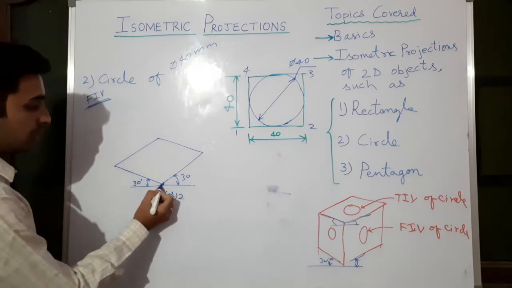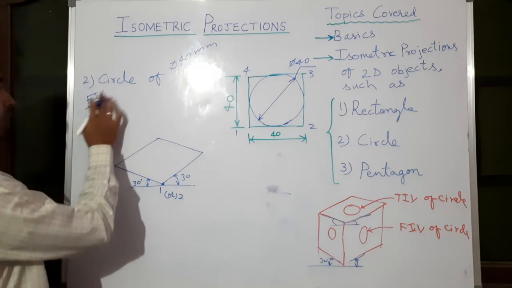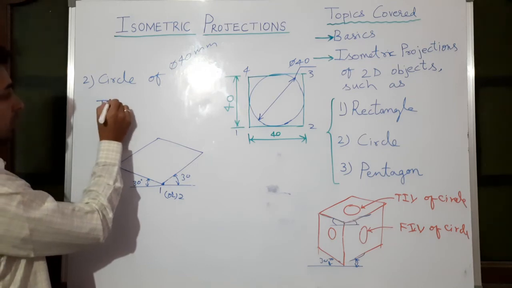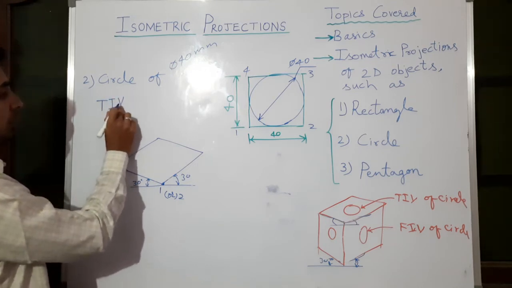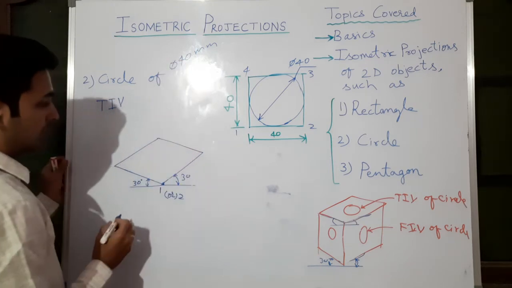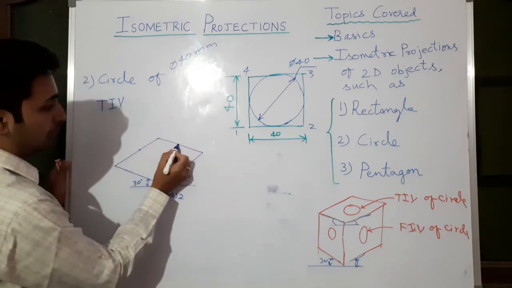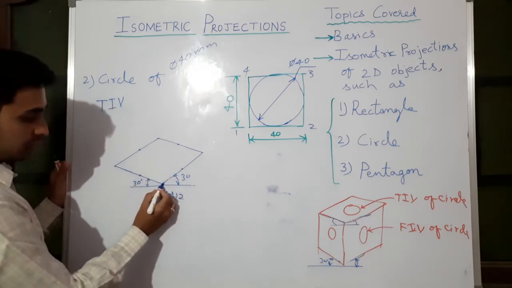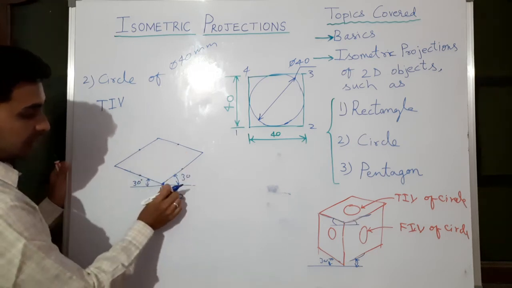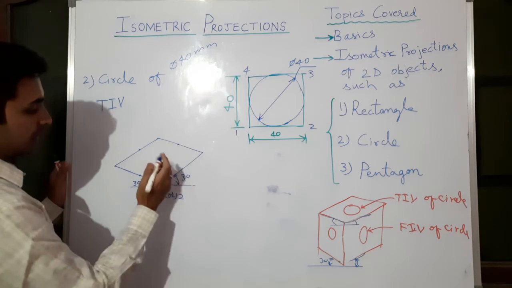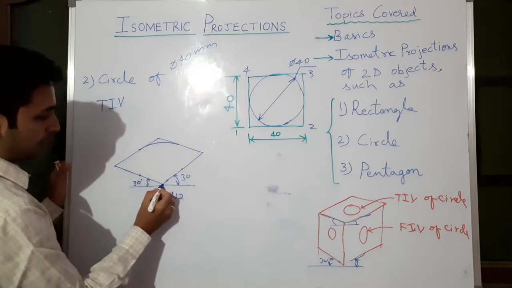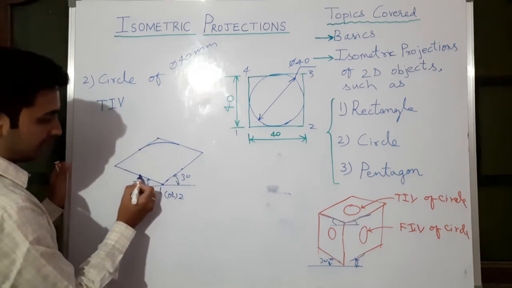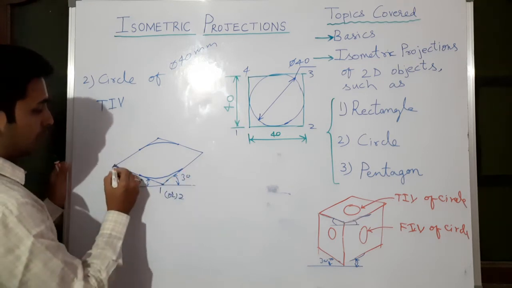Okay, after this what you need to do, as I earlier discussed in the front isometric view, you need to take midpoints. Now we are doing the top isometric view of what? Of a circle which has 40 mm as its diameter. Now we will take midpoints on each side. After taking midpoints, see for the shorter diagonal, at this center draw an arc like this. This is the center, the radius is this midpoint or this midpoint, draw an arc like this. So you will get an arc like this. Similarly, this is the center, this midpoint or this midpoint you take as the radius, draw another arc like this. Then join the longer diagonal.